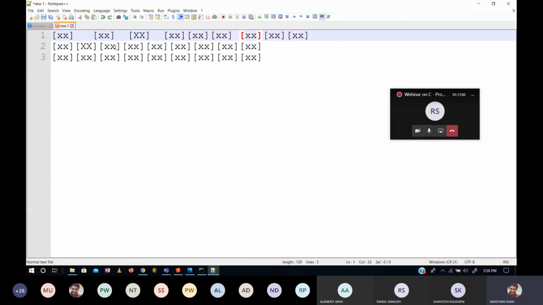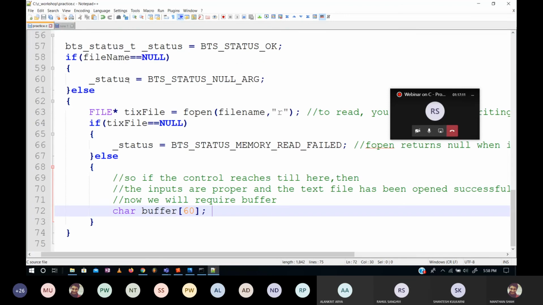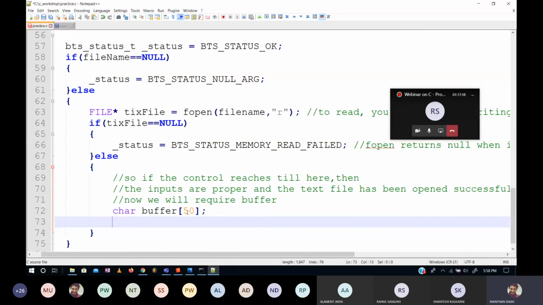So I am basically ensuring कि ये सब कुछ issues रहेगा तो भी my program will be able to handle it, and that's why I will keep a buffer that is large enough for this. All right. So I can go for 40 or I can go for 50, nothing wrong with it, as long as it is greater than 36.